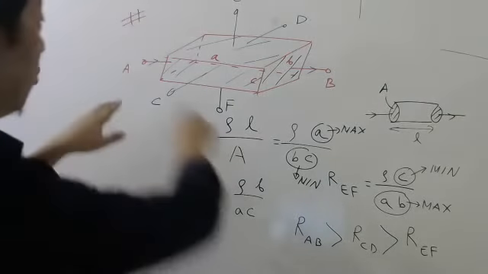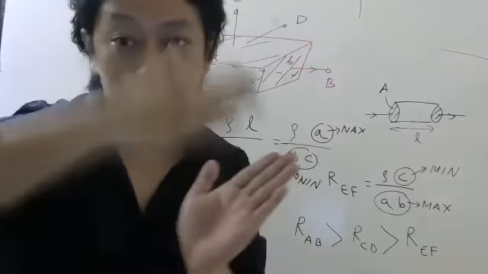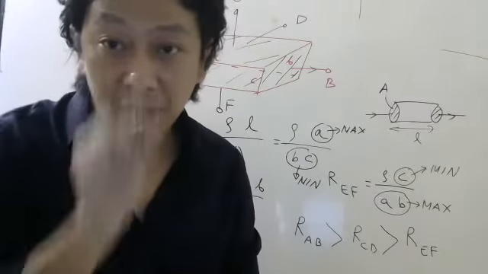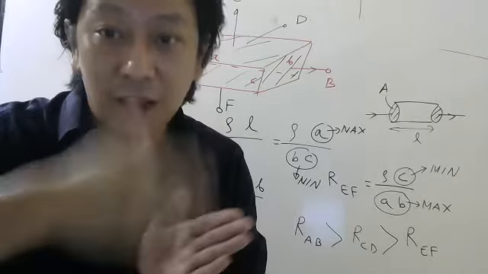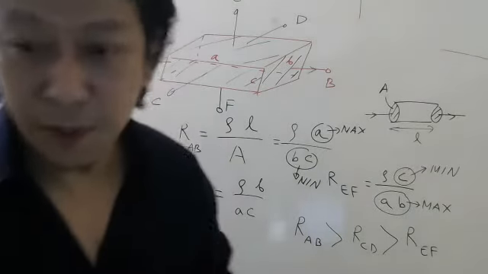Along the diagonal, it will be more tricky because the area will keep increasing. So since the area will keep increasing, we cannot write the formula rho L by A. So we have to divide into thin sections and then we have to integrate. Okay, Naveen? Again, that is JEE Advanced. So we will be doing it, don't worry.